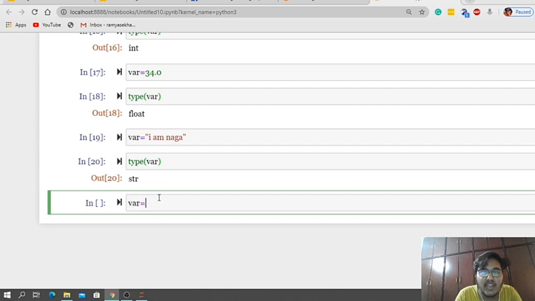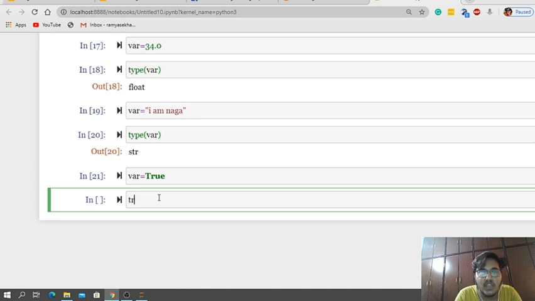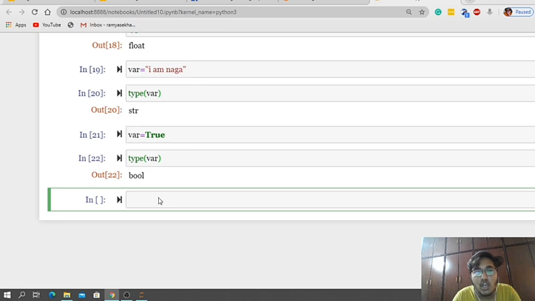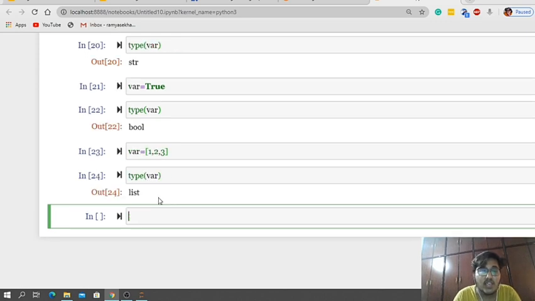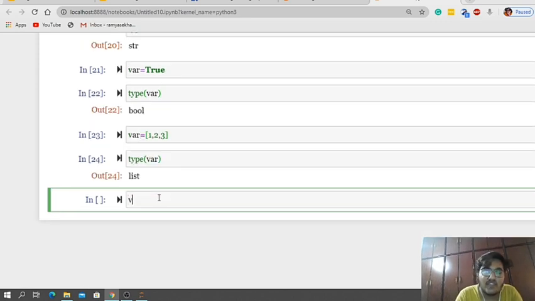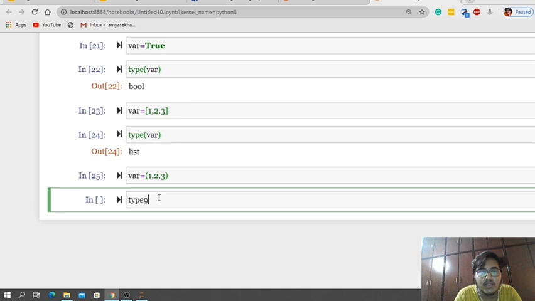Now let me declare a variable which is equal to True. What is the type of this? The type of this variable is bool. Now let me declare a variable like this, 1, 2, 3. The type of this variable is list. If I declare a variable like this, the type is tuple.